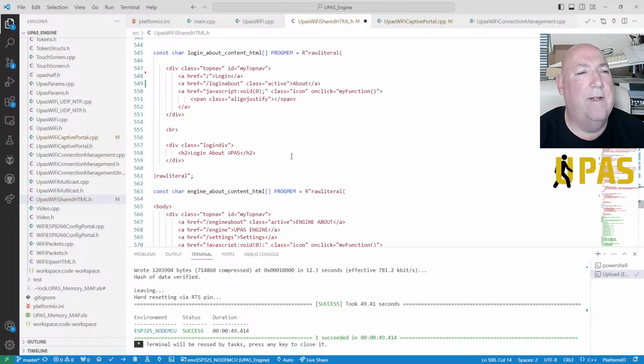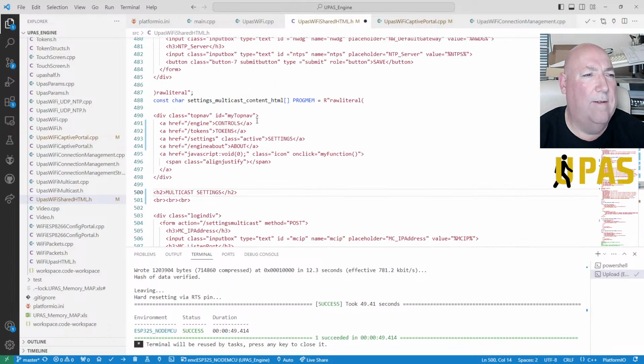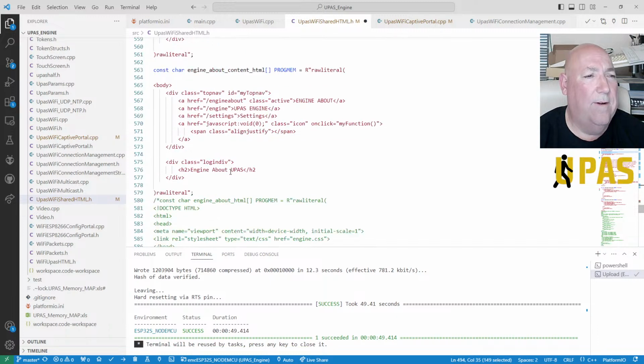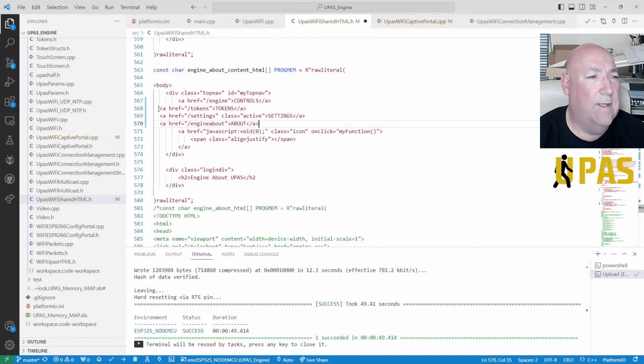Right, this engine about needs adjusting. So let's go, it's the same again, isn't it? Same again, so engine about, where are you? There, so we need to alter this. Okay, we seem to have lost our formatting for some reason.